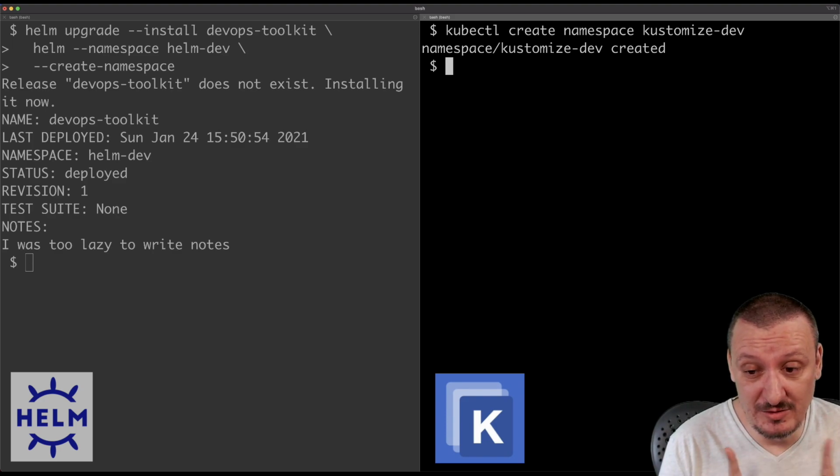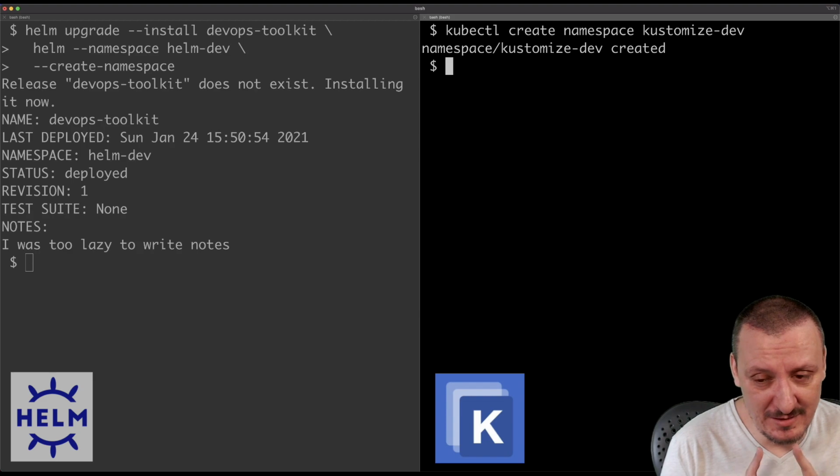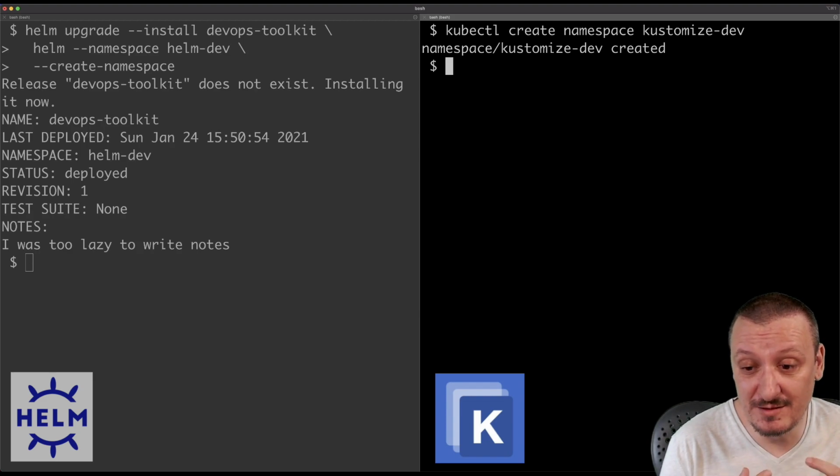Now, this is a potentially huge difference between Helm and Kustomize. Helm can be used to apply manifests to the Kubernetes cluster. With Kustomize, no. There is no Kustomize equivalent of kubectl apply. And that can be a bad thing, but can be a good thing because Kustomize assumes that we are using kubectl. It doesn't try to replace kubectl in any form of way. Its job is only one. It has only one job,